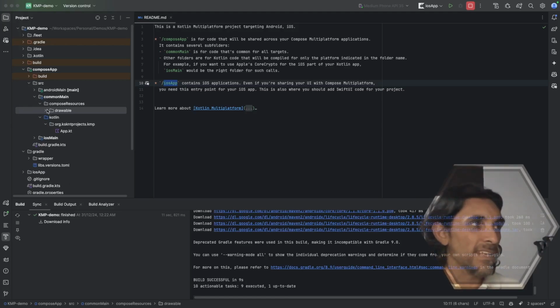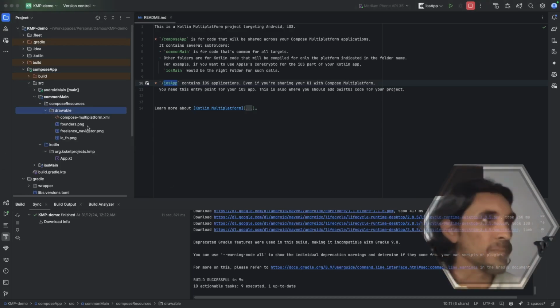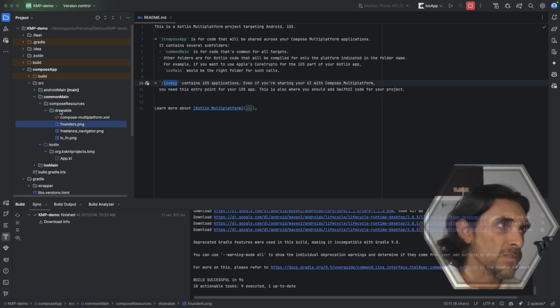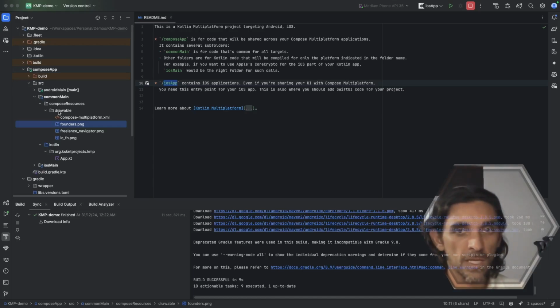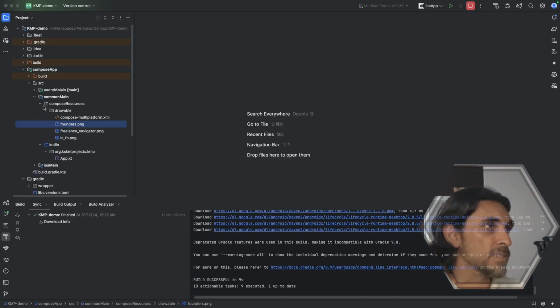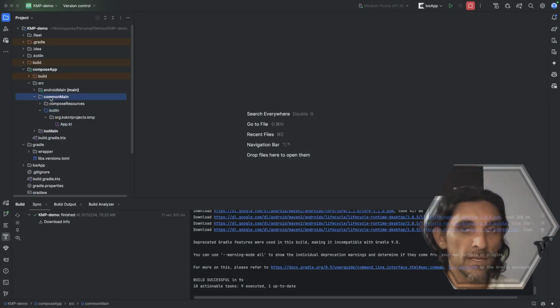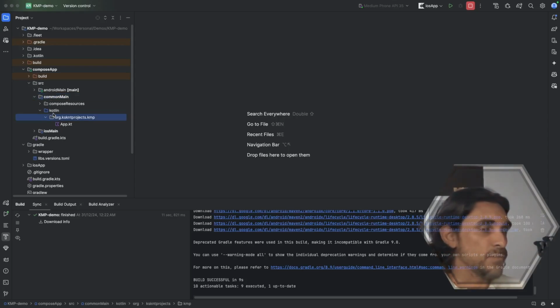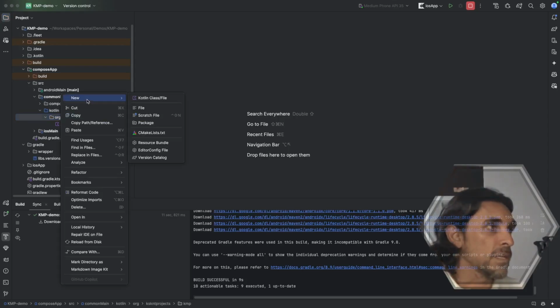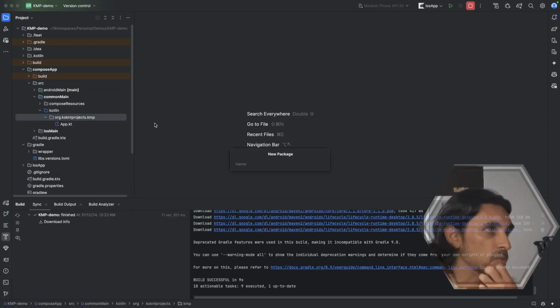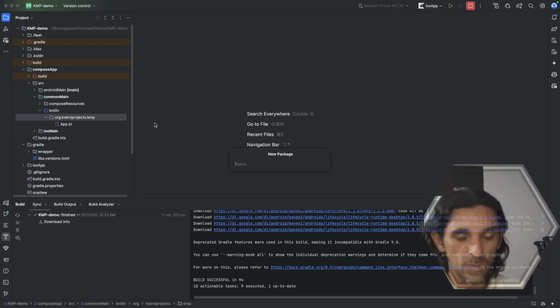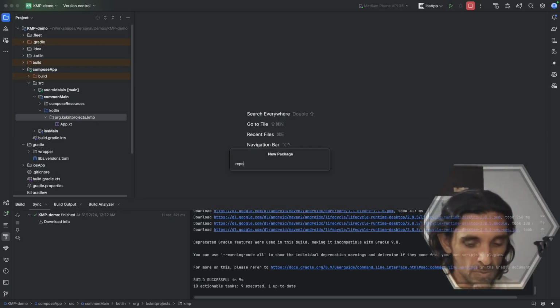I also threw some images into the resources that we are going to be using. You also need to build the application to be able to access them. With all that in place, we can start doing some code. As I mentioned, the common main is the project where we are going to put all the shared logic, so we can create some structure that is what I usually use